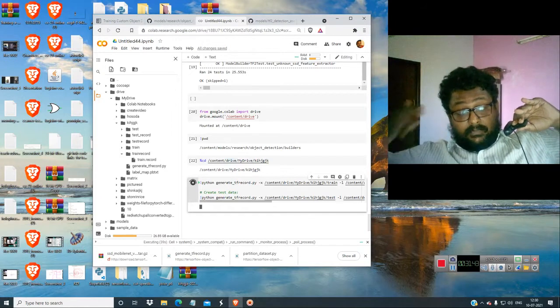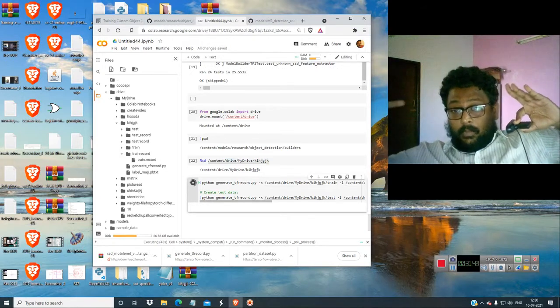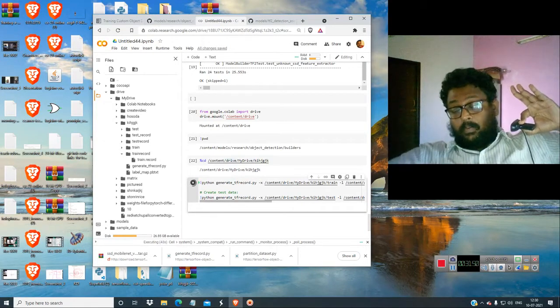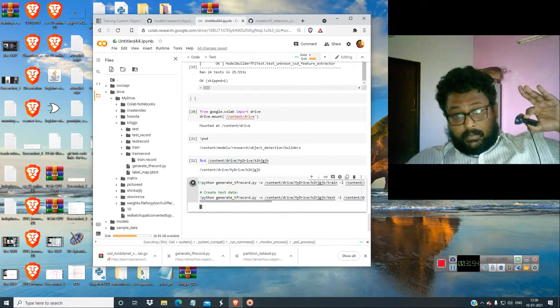The next thing would be we will be training it on object detection, and it will be a very long tutorial. I'm going to combine all these tutorials and make a single tutorial. I have also made a tutorial on what all mistakes I made. You have to check that also.